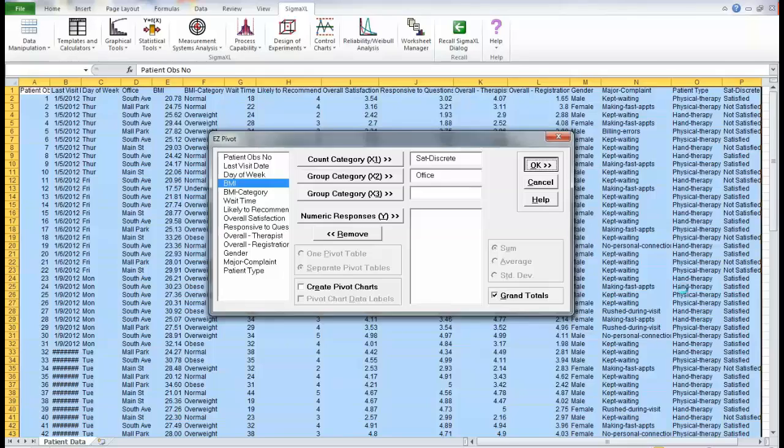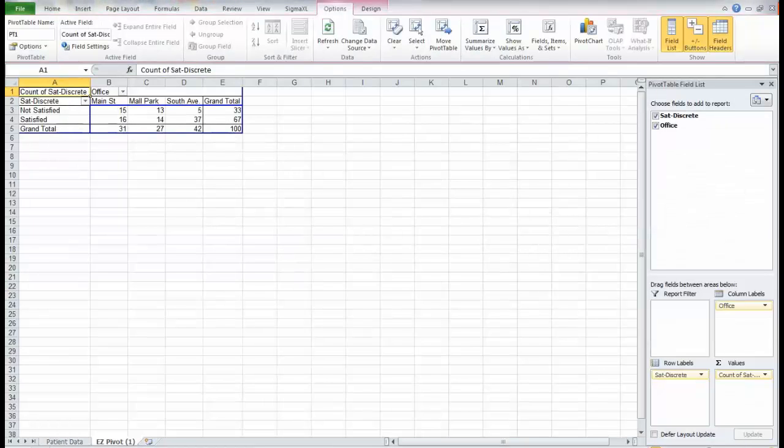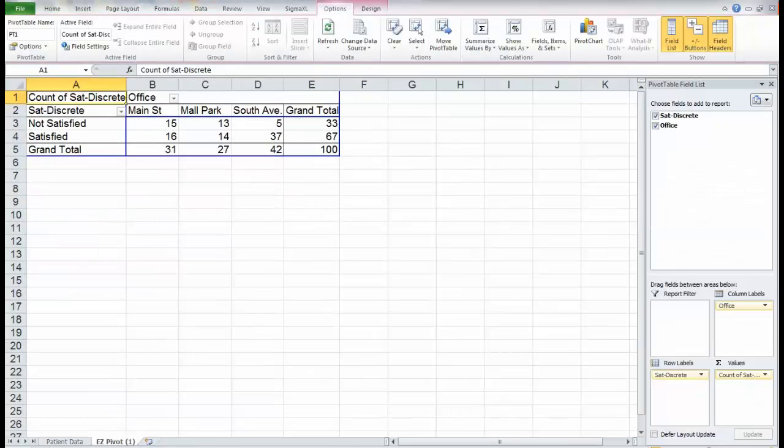When you hit OK, it automatically brings up this nice analysis. So it shows each office and the counts of how many satisfied and dissatisfied patients that we had. We're focused simply on Main Street. So at this point, notice that we have 31 surveys in total, and 16 of those were satisfied. We will either memorize or write those numbers down on the side, and we go to Sigma Excel,